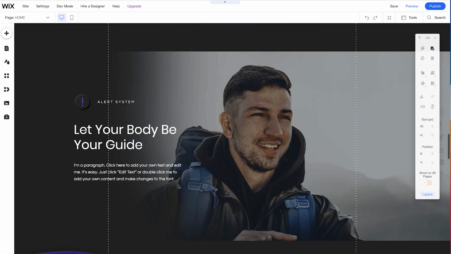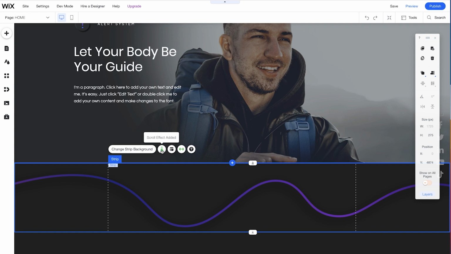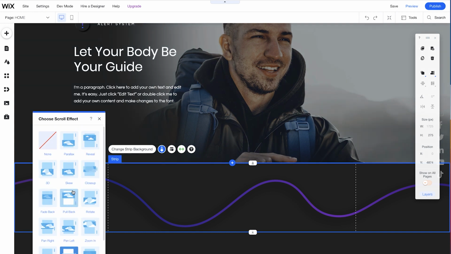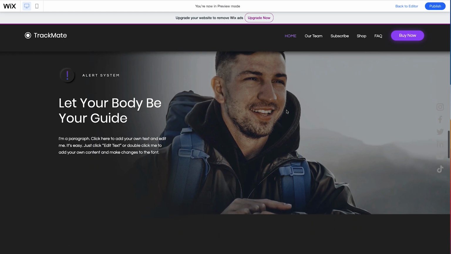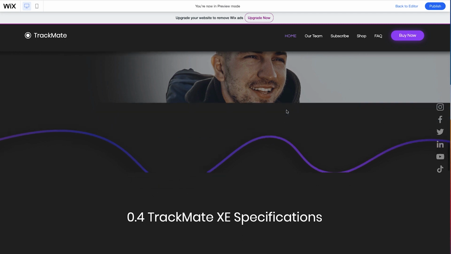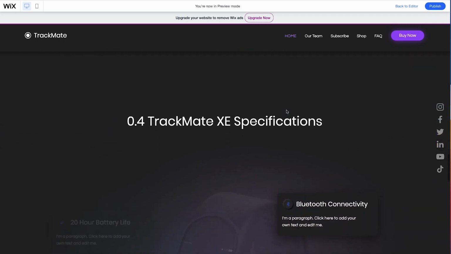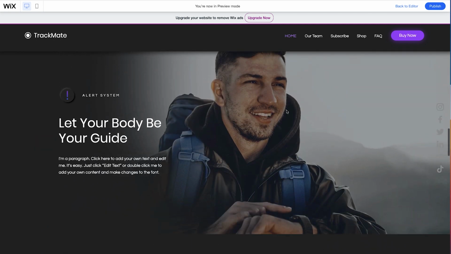So let's go back. There are many other different scroll effects that you can add. So let's click the strip, click the scroll effect and see what happens. One of my favorite scroll effects is the parallax. Let's take a look. So we've added it and we're going to go to preview. Here in preview, we can see what happens. As we scroll, there's nothing in our strip. We scroll and the image appears, and as we scroll past it, it disappears again. Amazing. I think this looks really, really cool. Let's go and look at it a little bit faster.